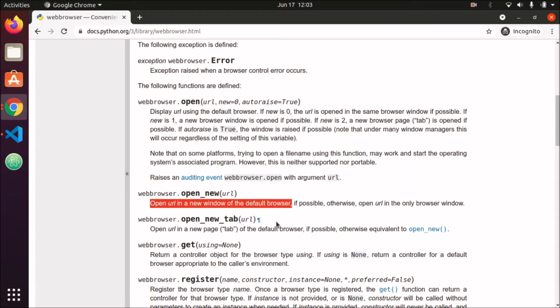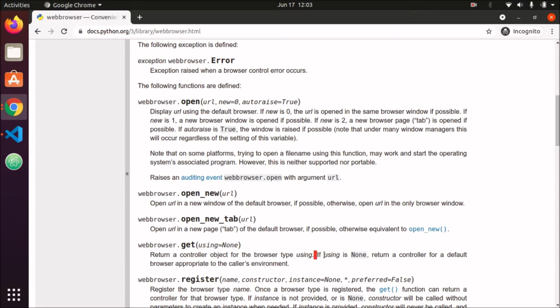If we want to open a specific browser and then open a URL, for that we will use the get method, which will take the browser name as an argument, and if we provide none, then it will open the URL in our default browser. It returns a controller object for the browser type using.